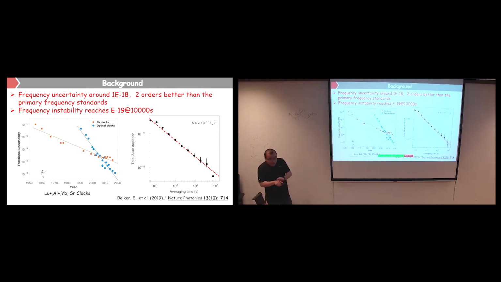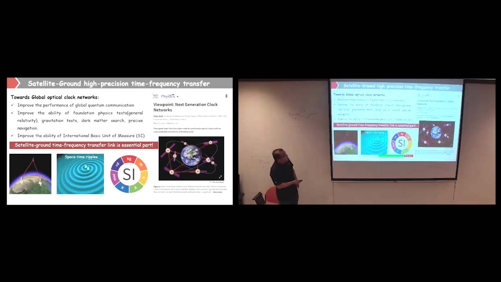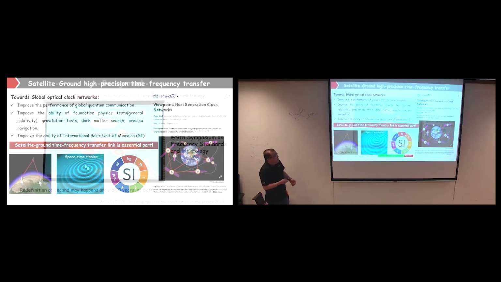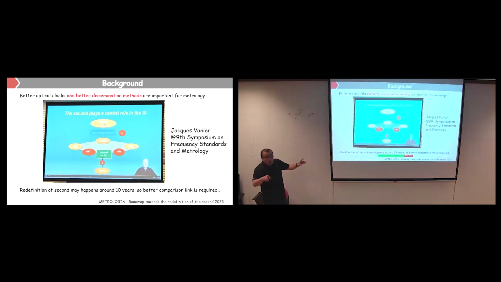And if you can connect all these optical clocks, you can actually do a lot of things, except for the redefinition of the second. You actually can do fundamental physics tests, for example, general relativity, the gravitation test, the dark matter search, and precise navigation. But the problem is, you do the optical clock comparison, for example, intercontinental between China and the US or Europe. So the solution is like